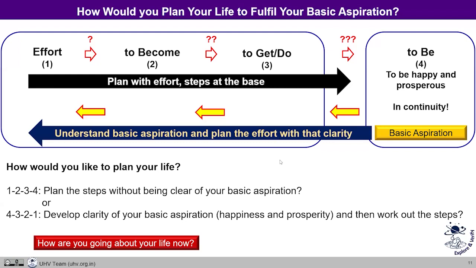Okay. So I have two questions here, Bhaiya. One is, before we are disclosing that our basic aspiration is to be happy and prosperous, should we be doing some more exploration here? That is one. And secondly, when we say this 4, 3, 2, 1, once I'm clear that I want to be happy and prosperous, I feel that this 3, 2, 1 does not make any sense, because when I know that I want to be happy and prosperous, this sequence can be anything. This is what I feel here. So you can help me explore this.